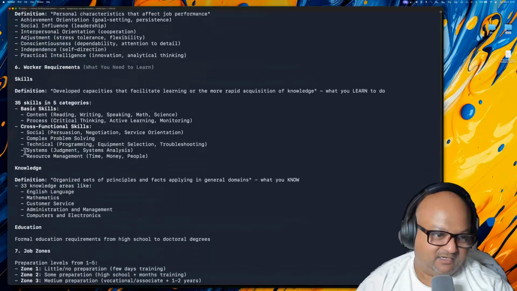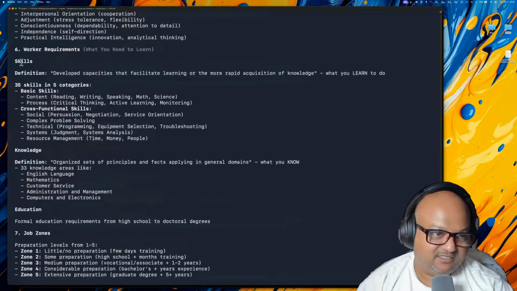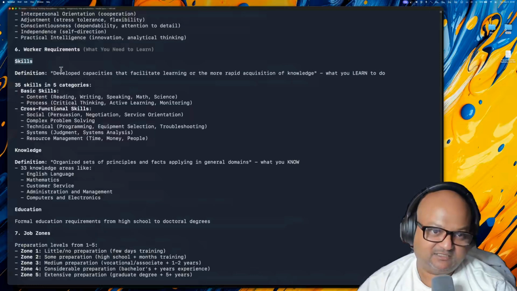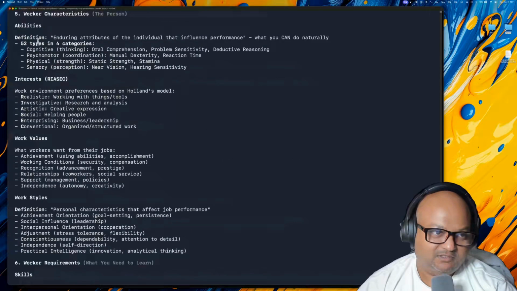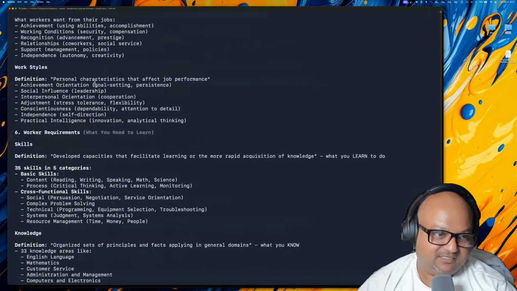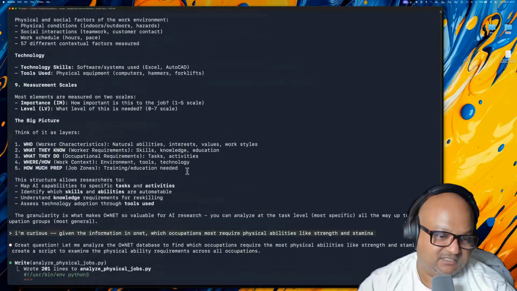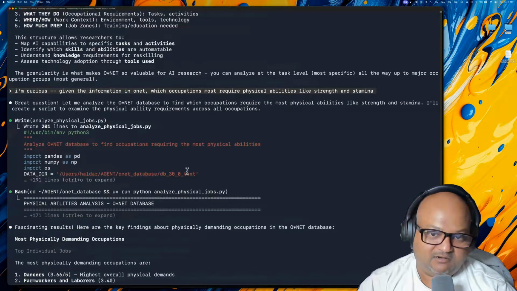And another key dimension in this data is, in addition to abilities, you have skills, which are different from abilities and tasks. These are developed capacities that facilitate learning or the more rapid acquisition of knowledge. So there's a crucial distinction between abilities. These are kind of innate enduring attributes as opposed to skills, which are learned capacities. Okay, so that's good. It told me all these definitions, and then I wanted to ask about specific attributes and